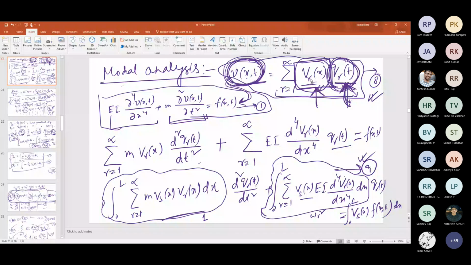So please try to see the derivation again from the book or whatever I have discussed, going through the lecture again. Obviously, I'll upload the PPT also. Try to derive it on your own, then you'll get a feel of it. It is nothing difficult, it is just a step-by-step procedure. If you follow it properly and if you understood the previous things, then it will be very simple for you.